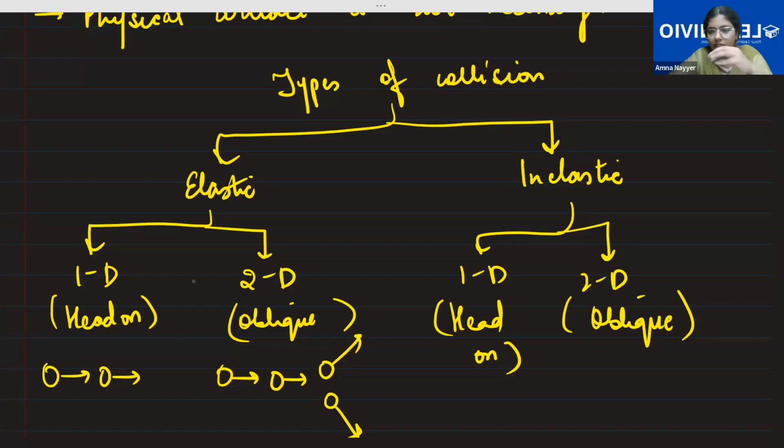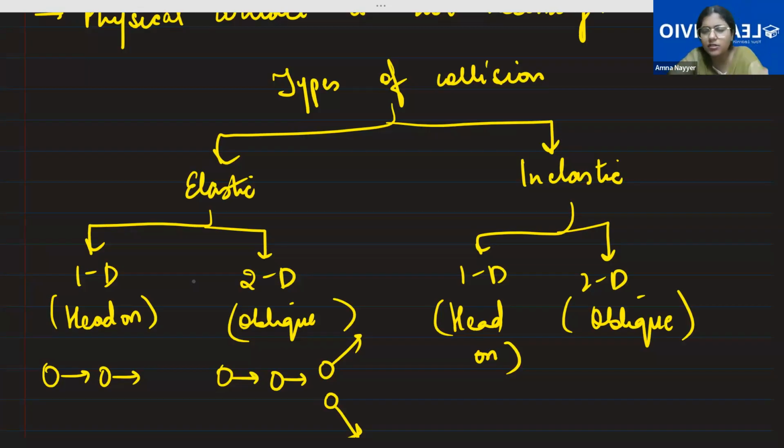Take a carom board, where the coins are at rest. When the striker hits them, all of them get transferred in different directions. The coins hit by the striker can move in different directions at different angles. When different angles are there, you need to resolve the vectors, because they are in a plane, so you have to get components along either the x-axis or y-axis. So there you require a little bit of resolution of vectors.